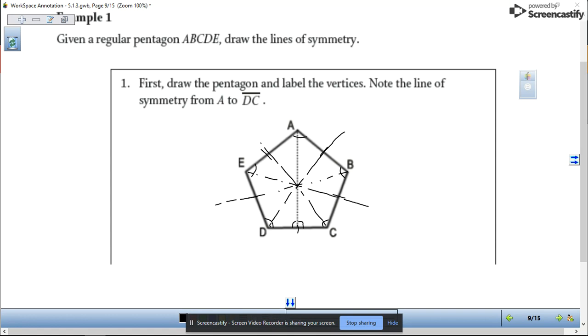So we have five lines of symmetry, okay? We also can rotate this so that A goes to B, B goes to C, C goes to D, right? So we have five lines of symmetry. Okay, symmetry. And then we also need to